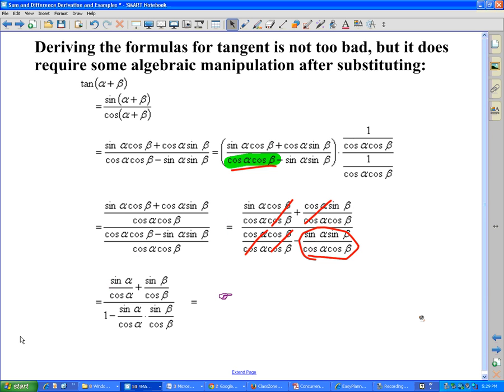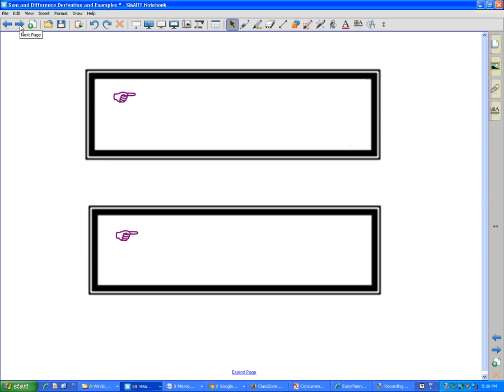The nice thing, though, is that sine alpha over cosine alpha is just what? Oh, it's tangent alpha. And sine beta over cosine beta, oh, that's just tangent beta. Nice. And so we just basically turn the remaining functions into tangents. And that gets us our tangent formula. All right. Exactly. I'm not going to make you go through the tangent difference formula, but it's basically the same story,